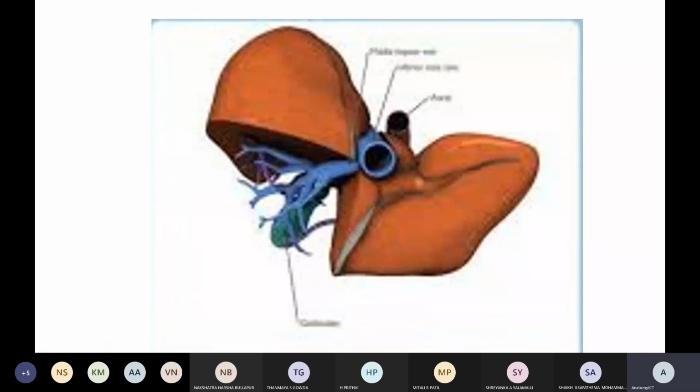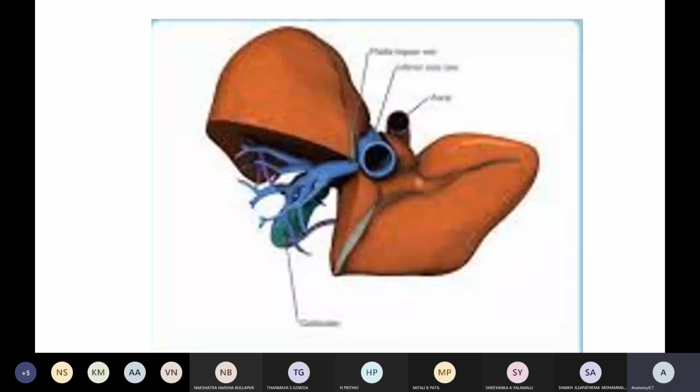Rupture of the liver: an accidental hit may lead to rupture of the liver, and you may have seen so many cases. That leads to profuse bleeding, lacerations and considerable, severe hemorrhage, mainly in the right upper quadrant. You may directly remove the part of the liver which is damaged, and you can protect the remaining part of the liver segmentally, which can be easily protected. So this is about the